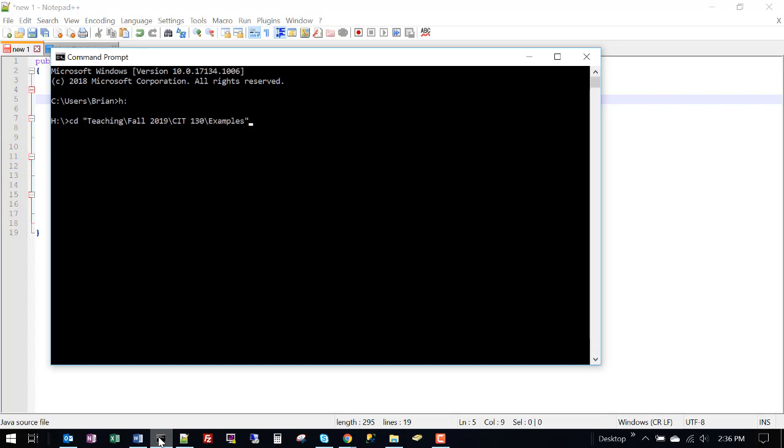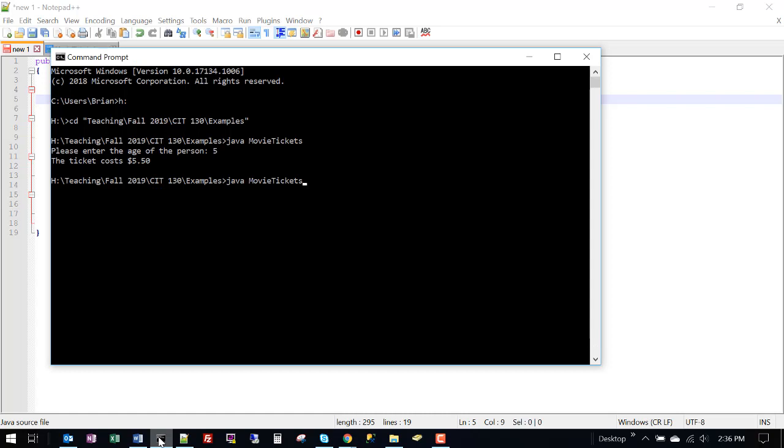So, as an example, when I do Java movie tickets, we put in an age like we did last time, and we get a ticket price. I have to rerun the application to see another result, like how much a 12-year-old pays. So we're going to get around that so we can do more of a tally style application like you would get at a real movie theater